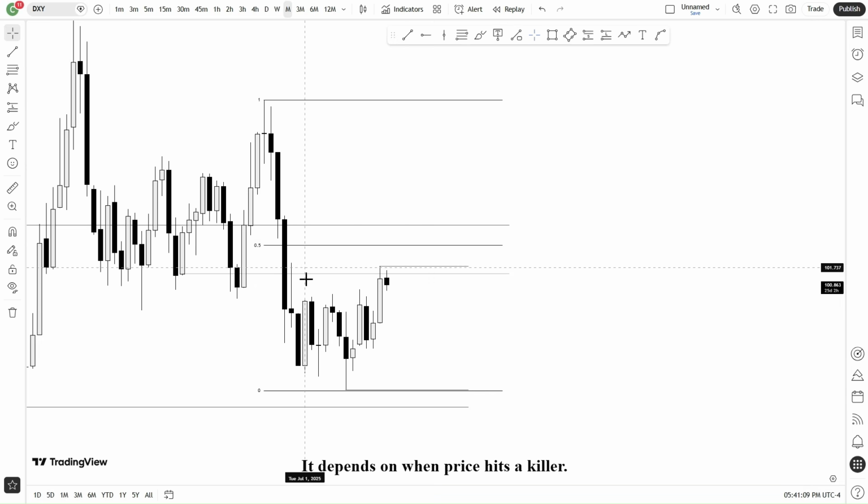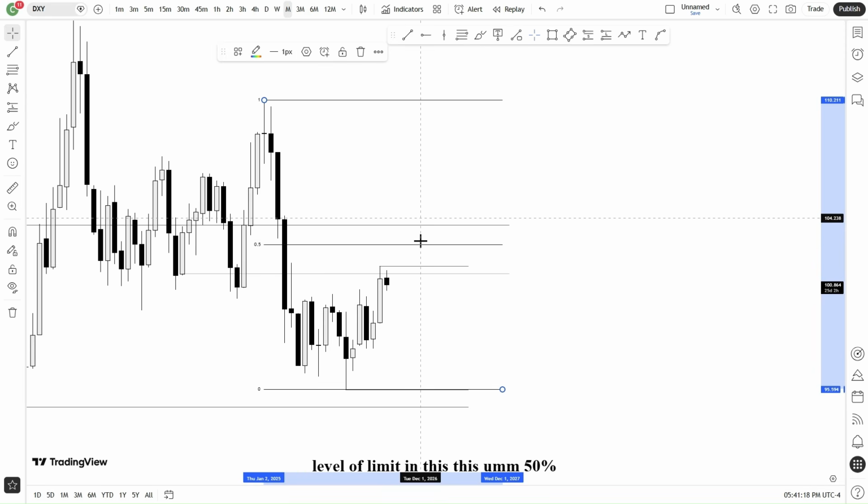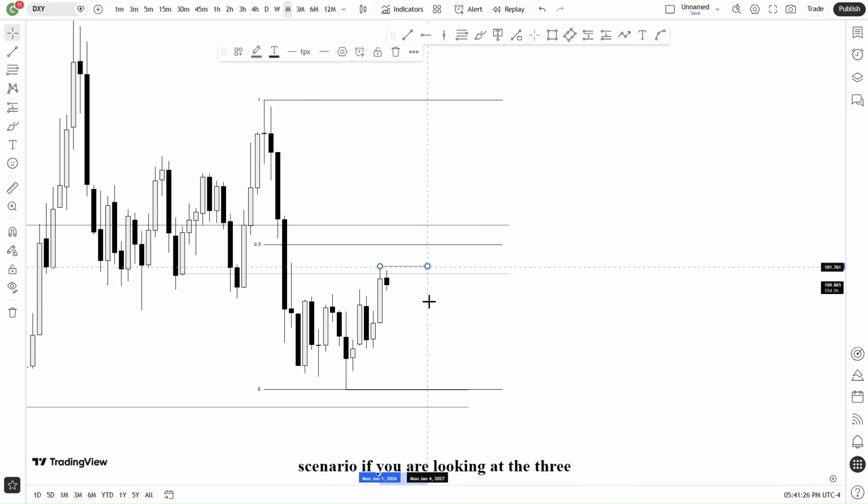So if now this, the premium level of this range, if price should use the premium level, which is this 50%, right? That will be a very good opportunity. That will be the best scenario if you are looking at the premium of this range. Now, looking at what we have currently,